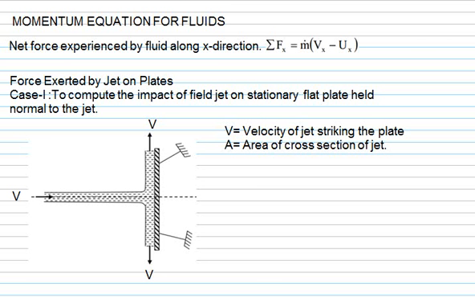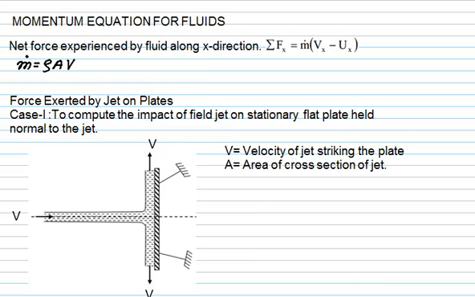Second law: net force is equal to the rate of change of momentum. This is given by m dot multiplied by vx minus ux, that is, the final velocity minus the initial velocity. The mass flow is given by the product of density multiplied by area multiplied by velocity, where v is the